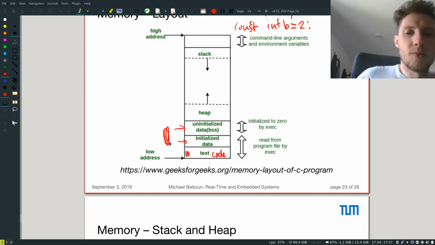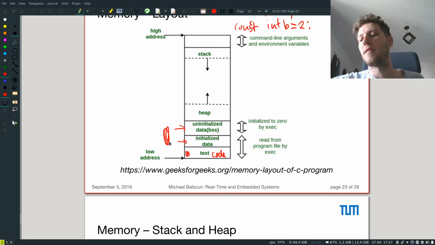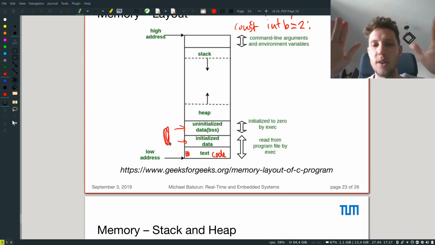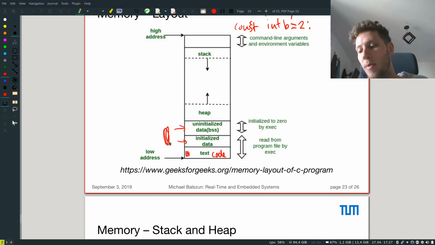So I'm hoping I've somewhat covered what this is in this little video, like how pointers work. I think the easiest way is to just do an example. So now I'm going to stop this one here and I'm going to open another one and I'll just do some basic coding exercises. So